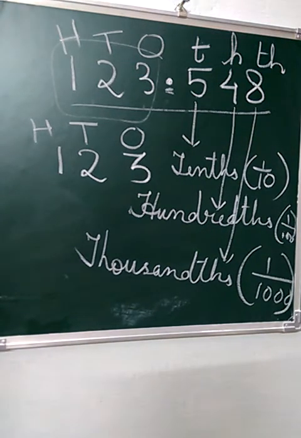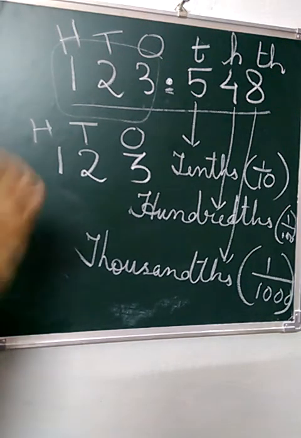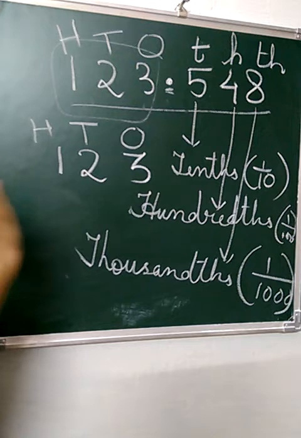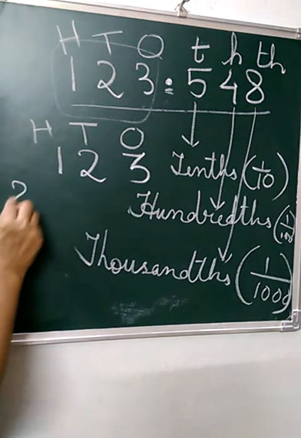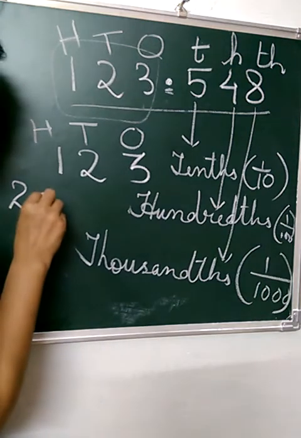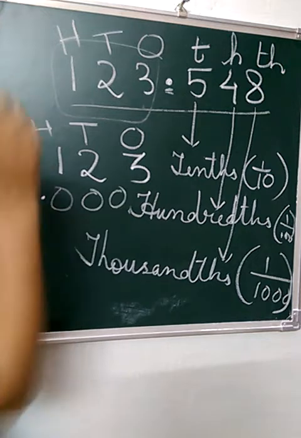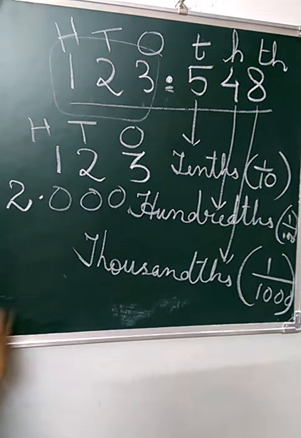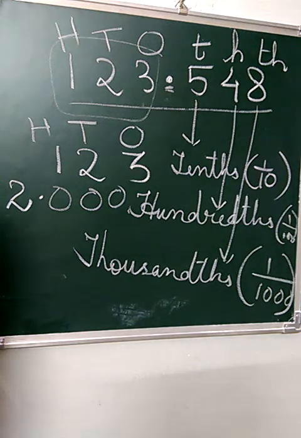Now, there are 2-3 things which I would like to tell you. Once again, this is just a revision because this is just brushing up. We have done this in earlier classes also. So, any whole number, does it have a decimal? No. Can we put a decimal? Yes. Just after it, in the end, we can put a decimal and we can put any number of zeros if we want. Okay. So, this is how we can convert a whole number into a decimal.